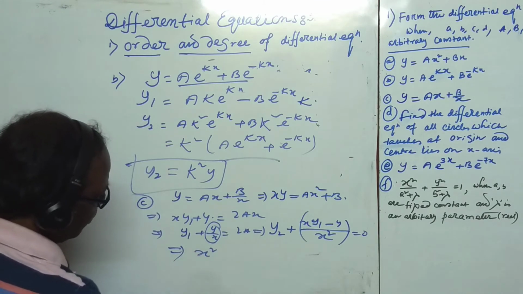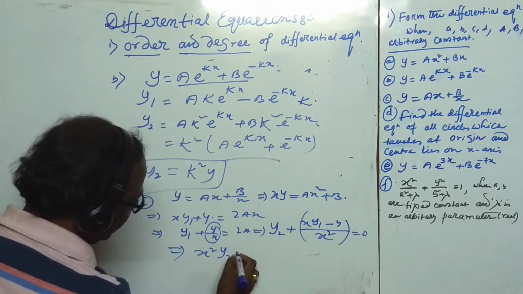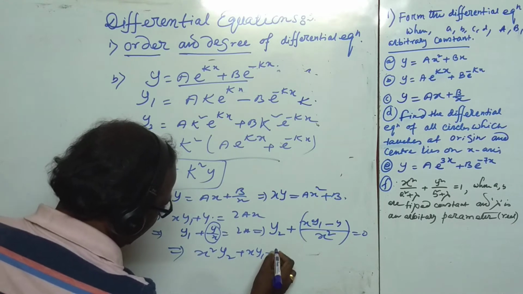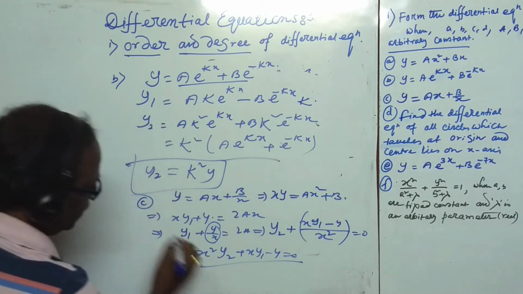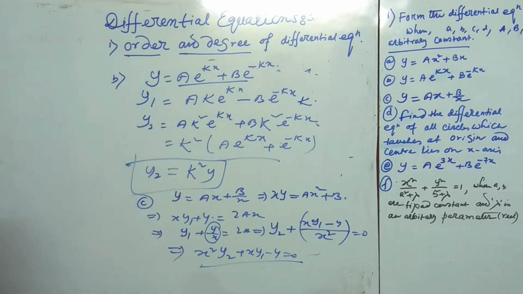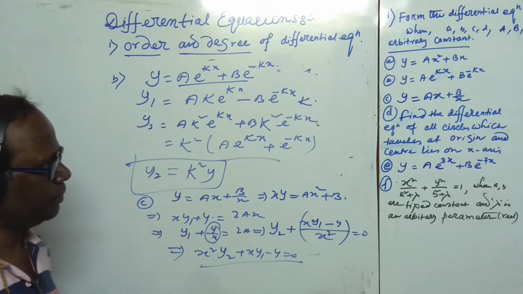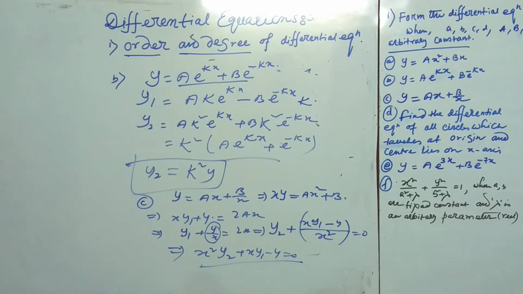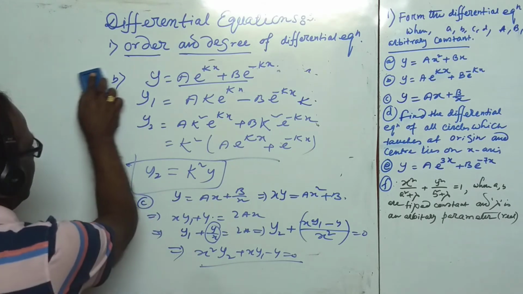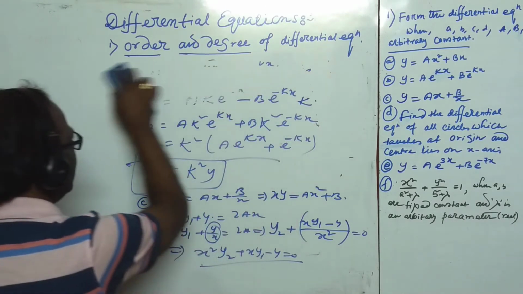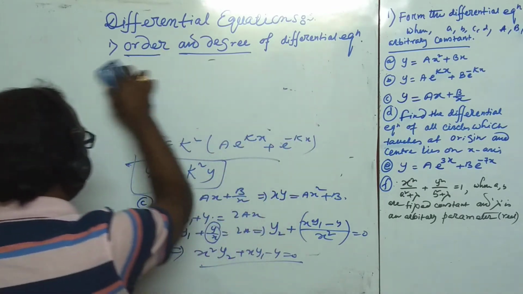Take LCM: x square into y2, plus x y1 minus y equal to 0. This is the differential equation for question number C. Now question number D: find the differential equation of all circles which pass through origin